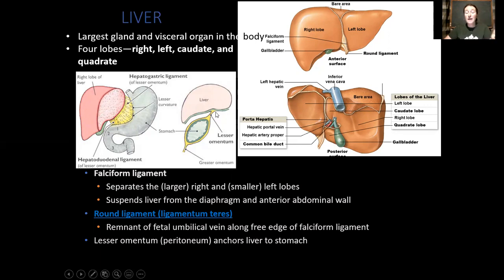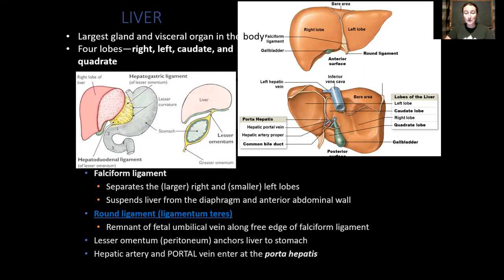Okay. In a future slide, we are going to see that we also have a greater omentum, and this one is pretty wild to see. I'll have to show you guys what that looks like, but omentum essentially means lacy curtain, and so this is another double layer of peritoneum, which is filled with fat and essentially blankets over the entirety of your intestines. That's pretty wild stuff there, to be continued.